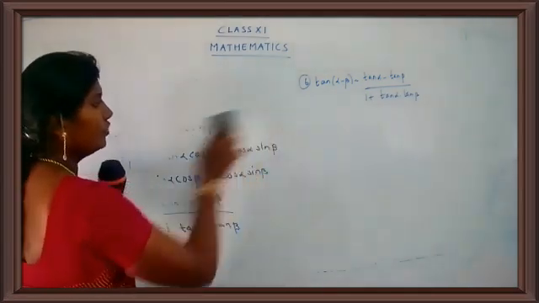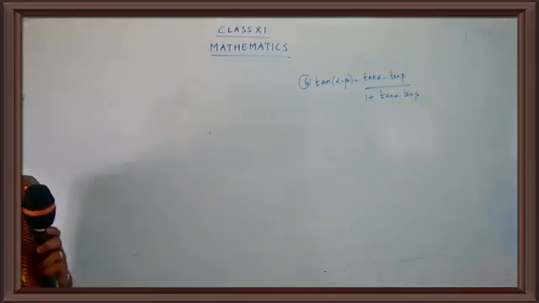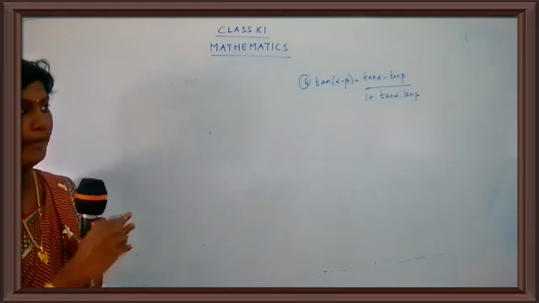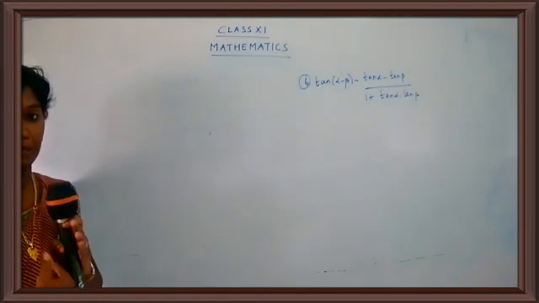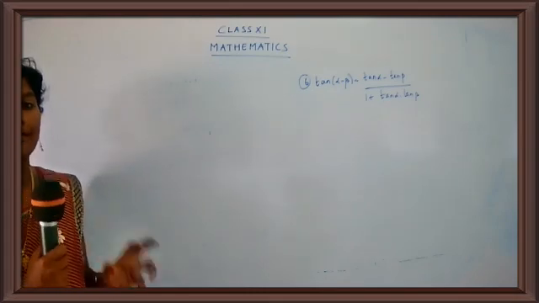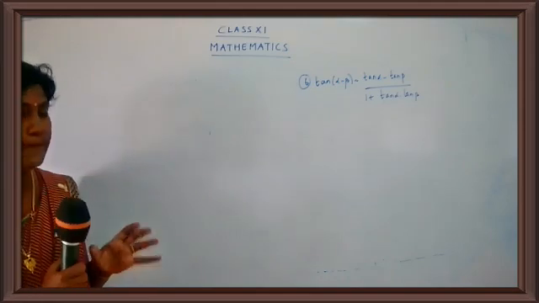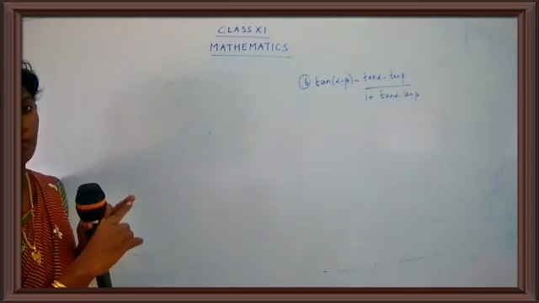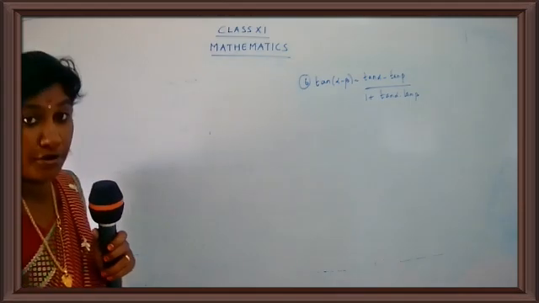And children, whenever you deal with the trigonometric functions, try to draw the table and keep it ready. At least draw the table for 3 functions. Draw for sine, cos and tan, and write the values from 0 to 90 degrees, so that it will be easy for us to refer to the values and we can take down the values easily. Because if you just miss out the values, or if you take down the wrong values, everything will go wrong. Okay, children? So, very important thing is, you can just take the angle table, no problem, no need to rub it. We can have the table over there. You can just do it for your reference.